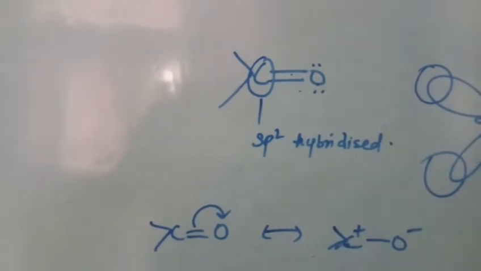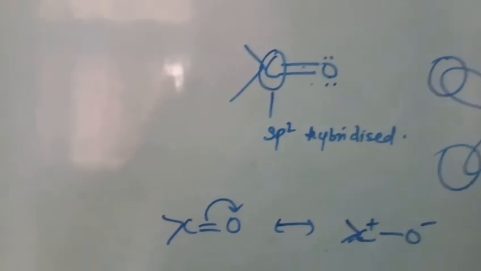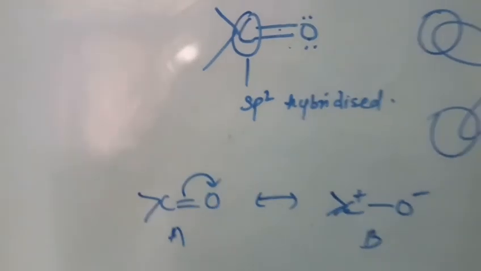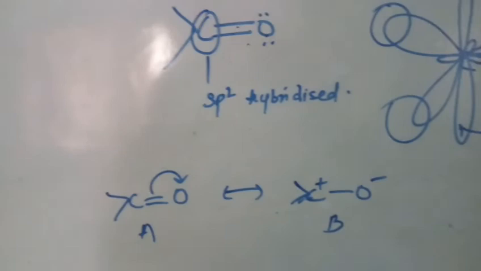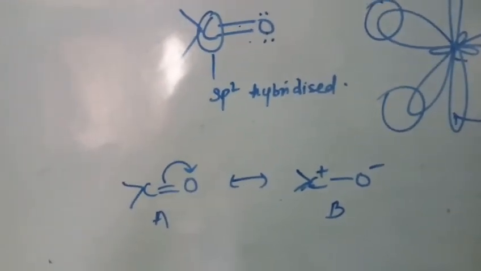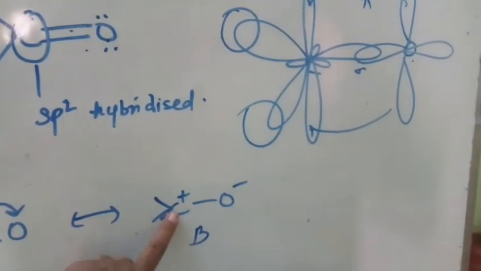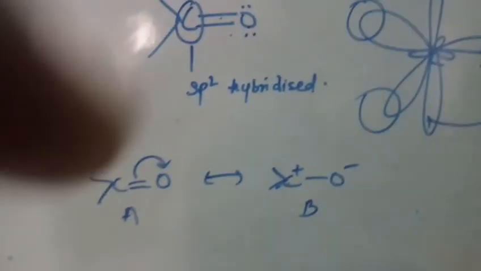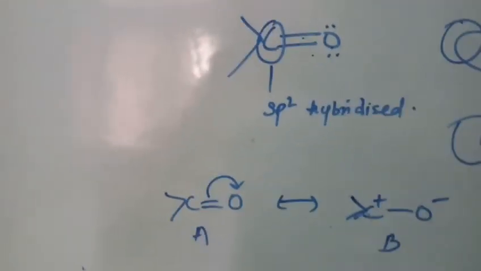So the carbonyl group has resonance. Among the resonating structures, one is a neutral molecule, which is this one, A1, and the other one is a dipolar molecule, that is B1, and the actual structure is a resonance hybrid of these structures. These are the resonating structures of the carbonyl group, and due to this the bond is a polar bond, and the carbon of the carbonyl group is an electrophilic center, and the oxygen is a nucleophilic center. So many reactions take place due to this dipolar nature of the carbonyl group.